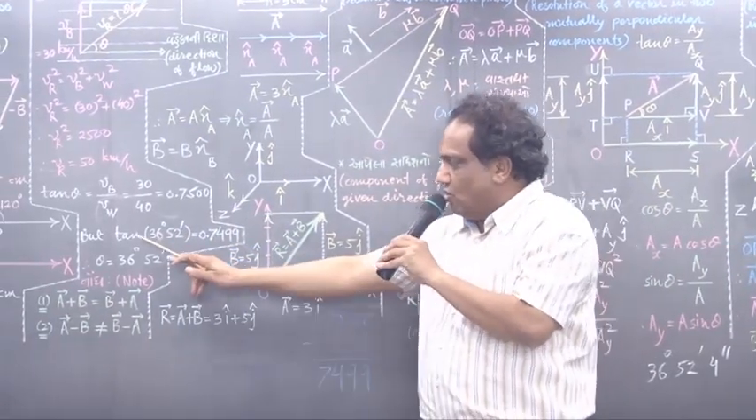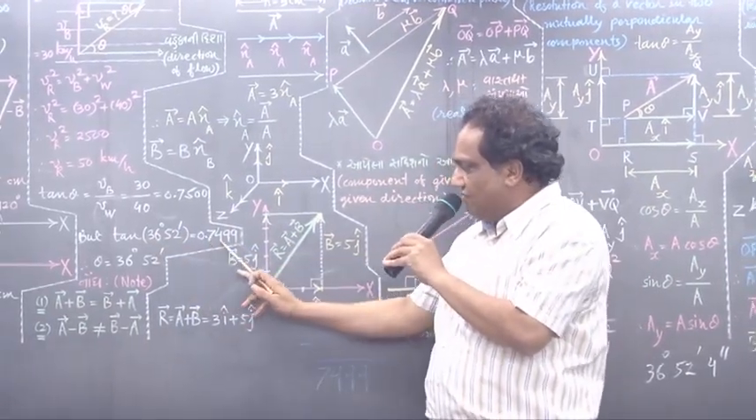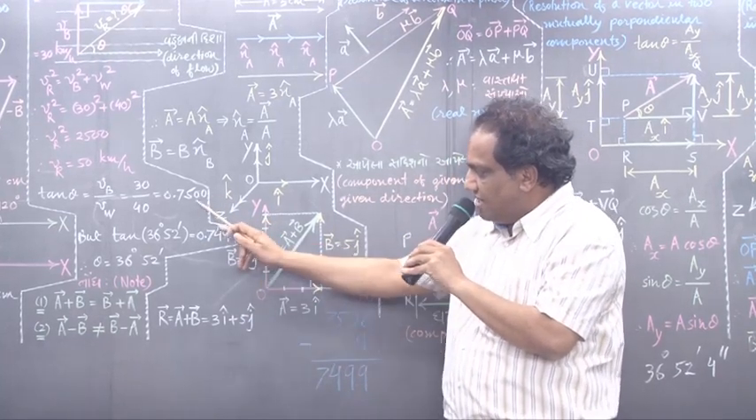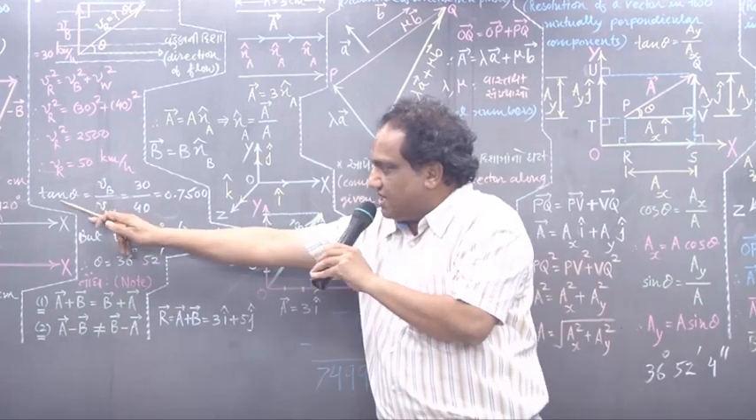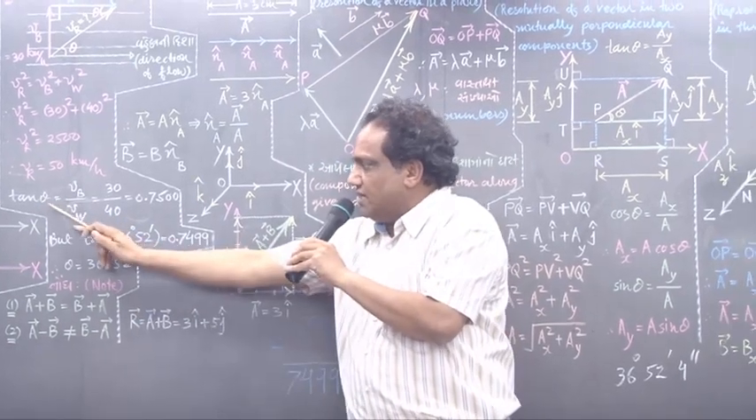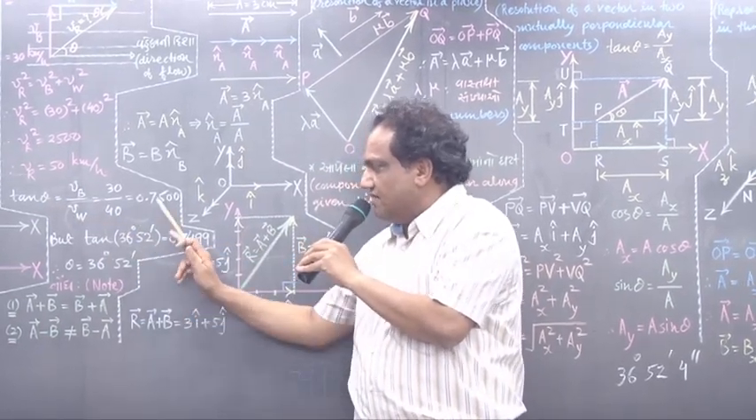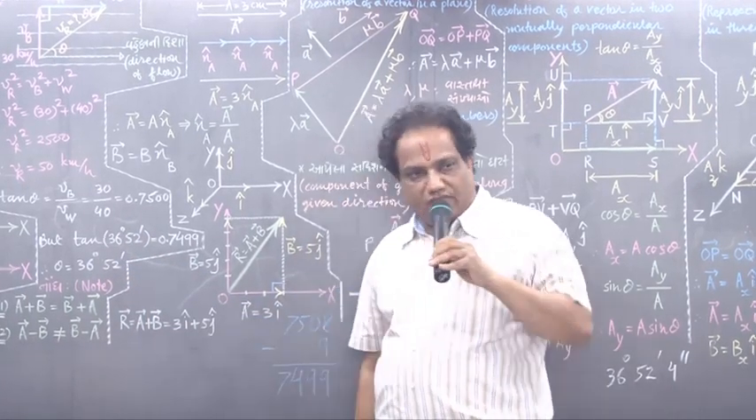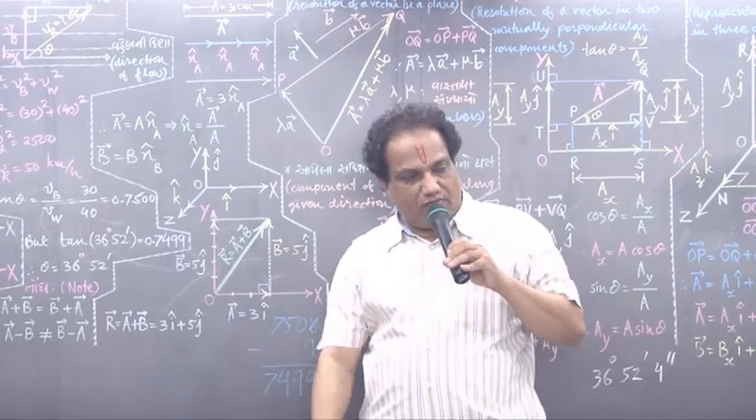Right now it is 36 degree, 52 minutes, and its tangent value comes out to be 0.7499. Now look here. These two values are nearly equal. These two functions are same. So angle theta must be 36 degree, 52 minutes. So what is our answer now? Speak out with me. Thus,